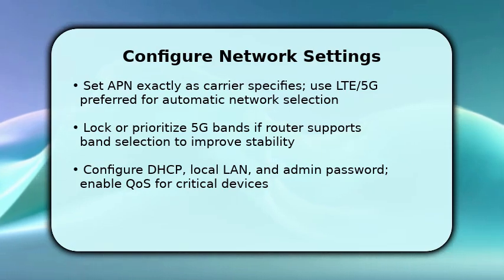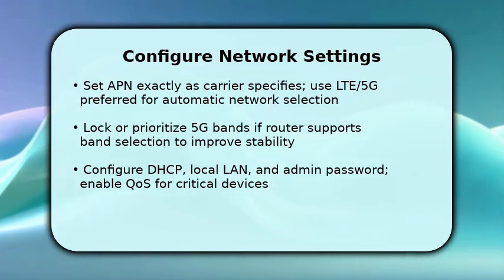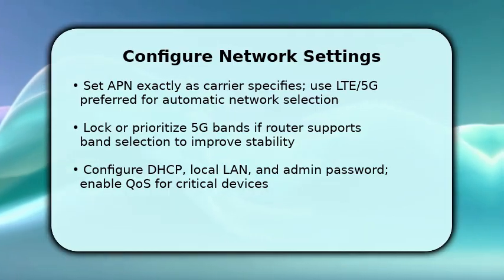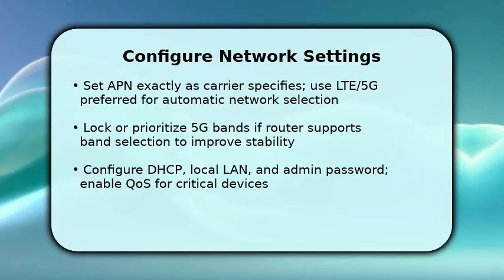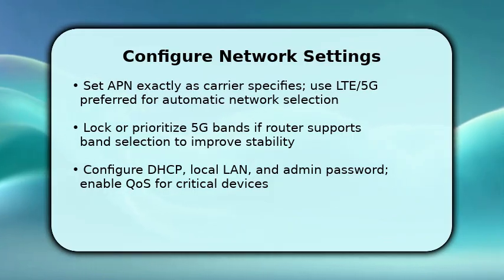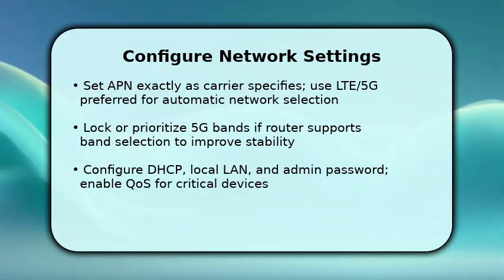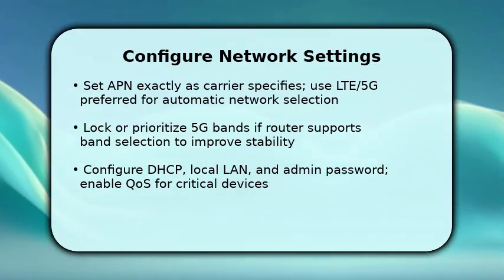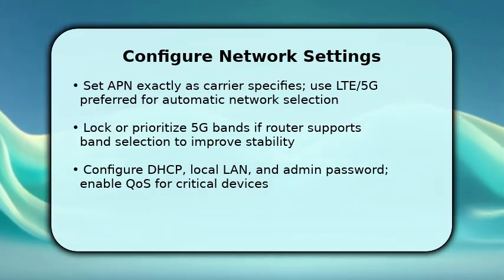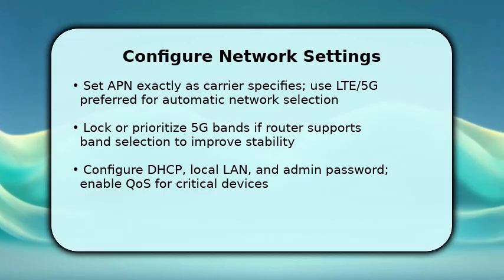Next, you configure the modem and LAN so devices actually use unlimited 5G. Enter the carrier APN and authentication details. This is why devices sometimes get data, but no internet. Make sure network mode is LTE/5G preferred, and if necessary, lock the band to a strong 5G frequency to avoid constant reselects. Then set DHCP ranges, a secure admin password, and basic CoS rules so streaming and work devices get